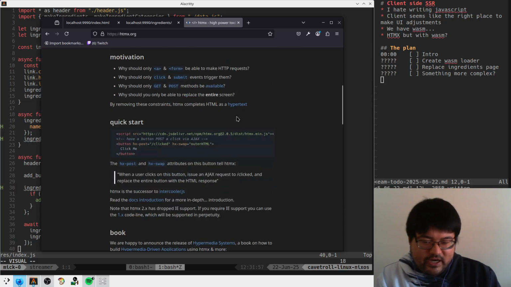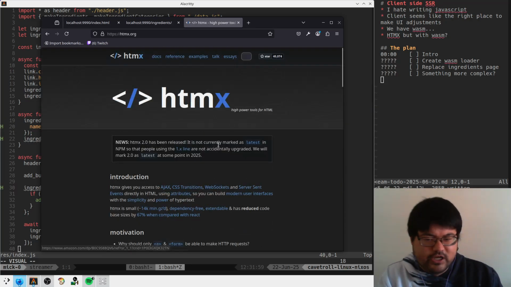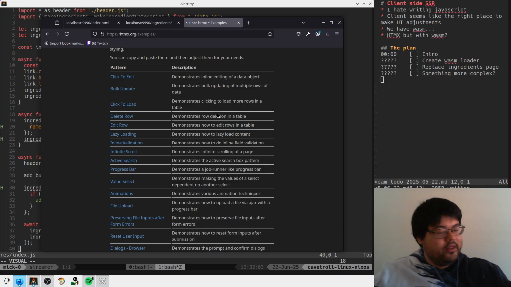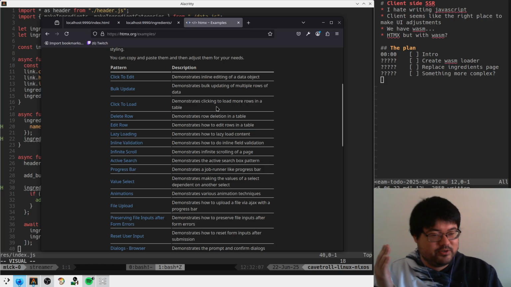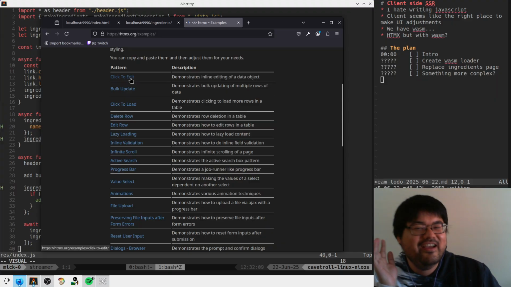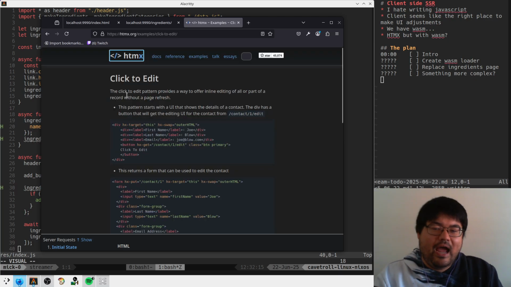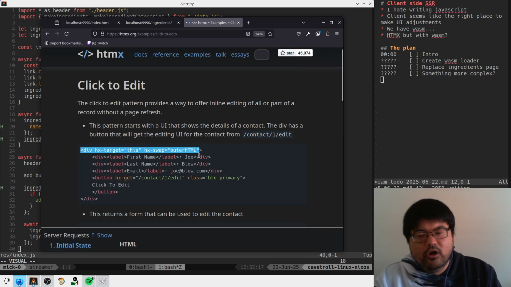HTMX was this idea, I think it's been around for a long time, but it had a resurgence recently, and everyone's like, we love HTMX because we hate running JavaScript. Hey, that's my problem. I hate running JavaScript, right? Basically what they do is they say, I'm going to define some attributes that you can put on